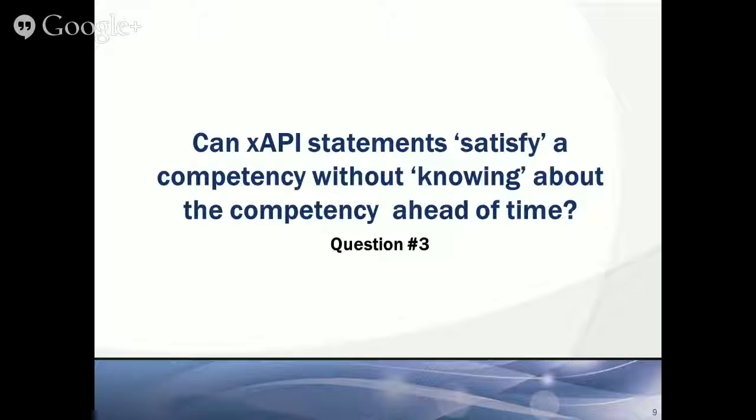the purposes of this presentation, the third and final question. Okay, so now we've shown that you can satisfy a competency with Experience API statements. We found that when you select a competency, you can dynamically find content that's associated with it and launch it to the user. But we still have that problem that the Experience API statements have to be hard-coded to know about the competency. So can we set it up so that Experience API enabled content can track, and later